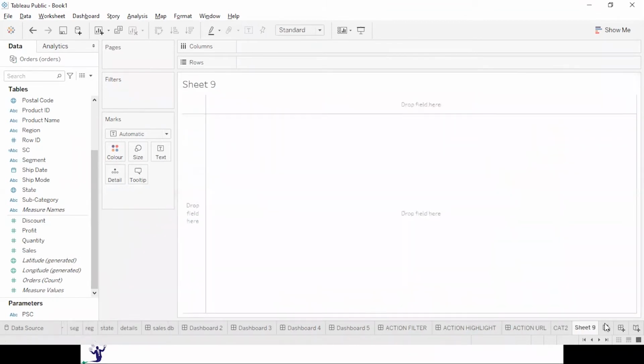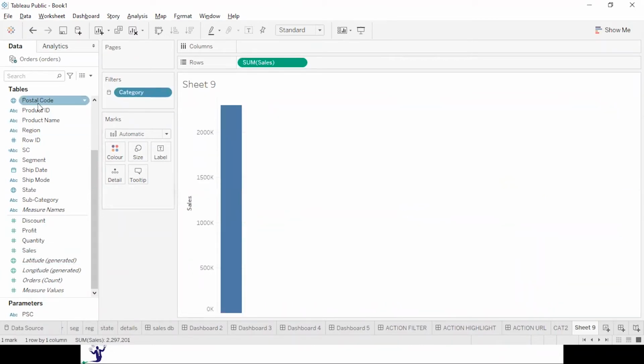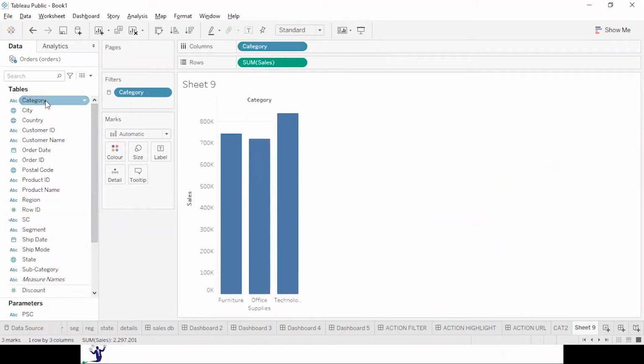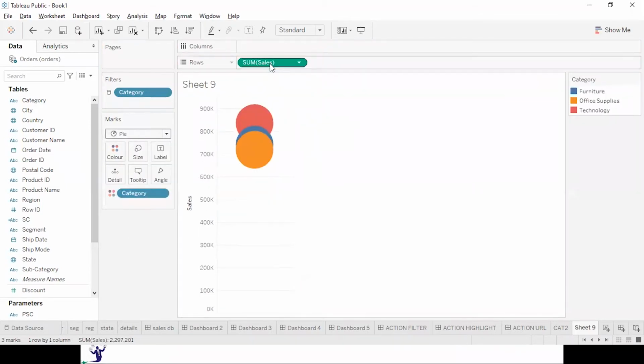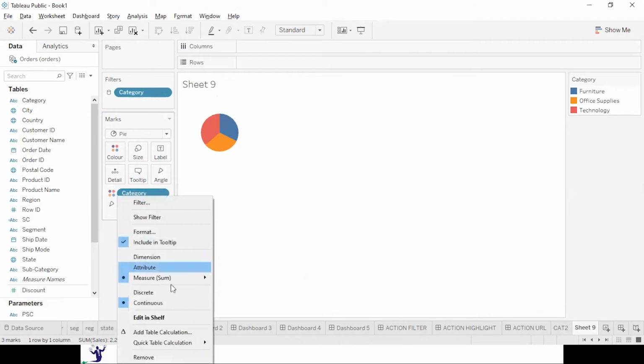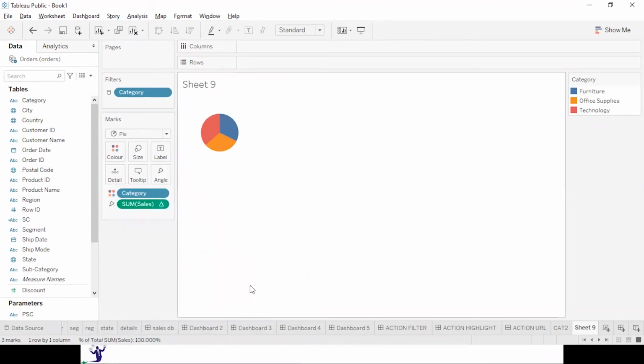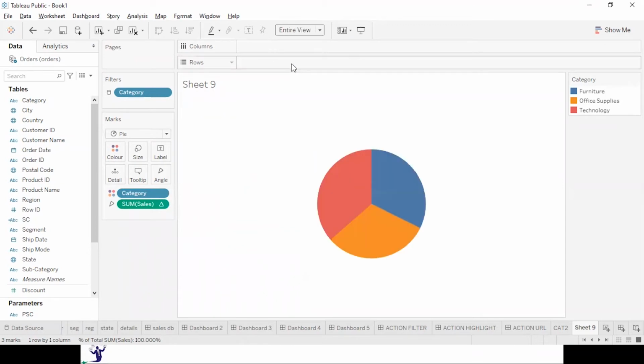Let's take another one where I would like to take the sales on the basis of, once again, category. Okay, and let me put the category into the color. Let me make it as a pie and putting the sales into the angle. Let's take the angle as quick table calculation, percentage of total, entire view.